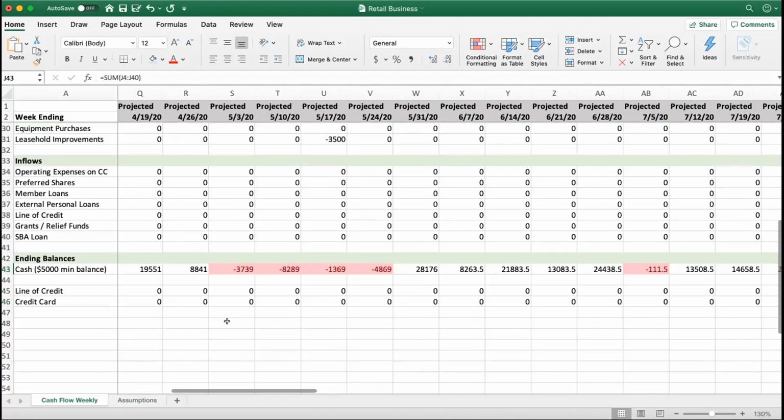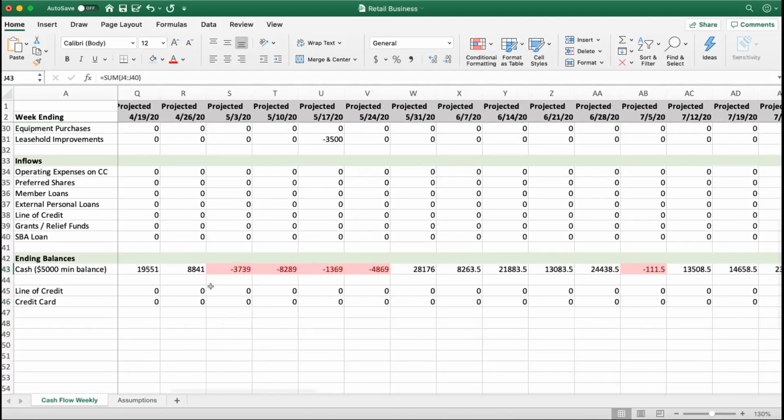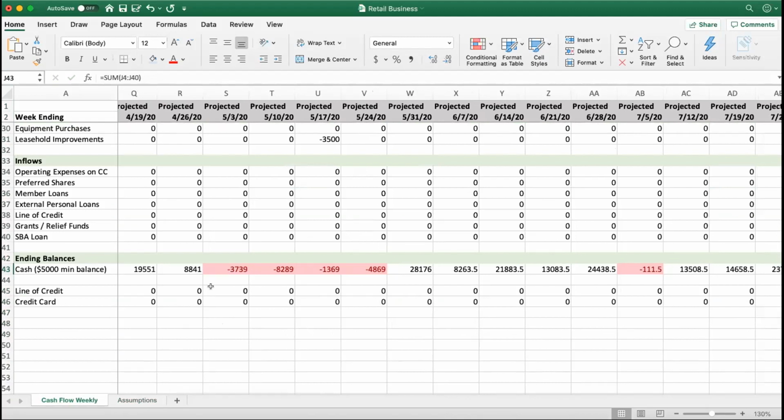And this is the thing that I found particularly helpful with this tool, being able to have some good numbers about what's coming down the road so that we can start planning and raising capital in advance, or cutting costs, or starting to make payment plans with vendors, whatever it is that you're actually able to control.